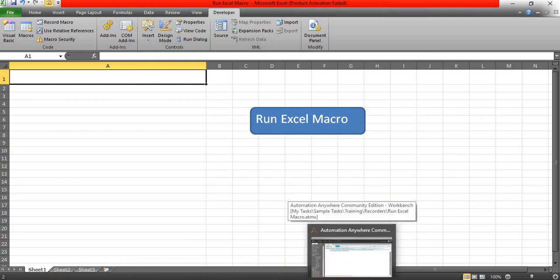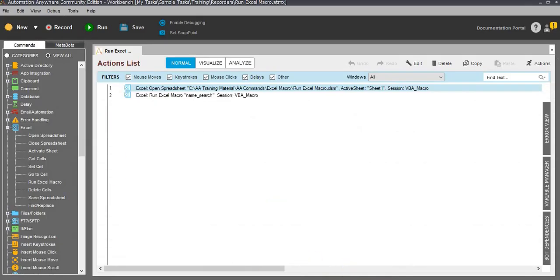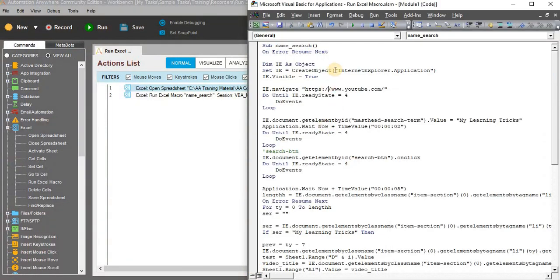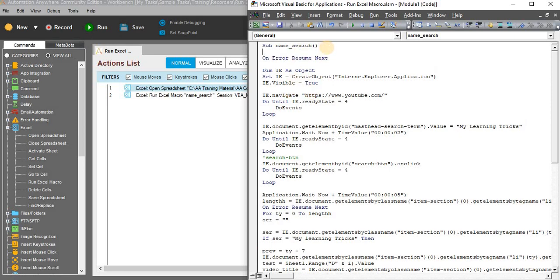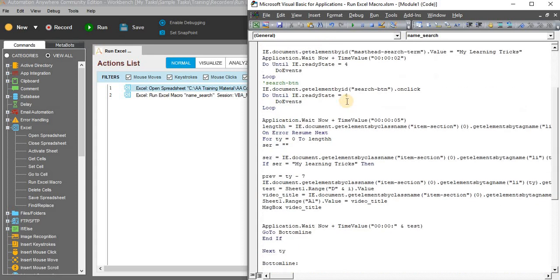It's executed the macros. So by this method we can do a lot of things. If you cannot automate anything using the Automation Anywhere commands, you can use the Excel macros. Unless or until you cannot do anything with the commands, then you can jump to Excel macros. But this is not a recommended method, since we are navigating into different applications. So just try with Automation Anywhere. If the command is not available, then you can directly proceed with the Excel macros or any other VB script and other scripts also.